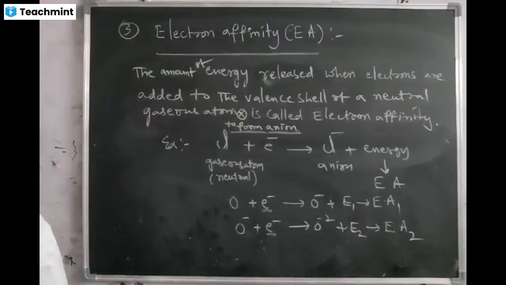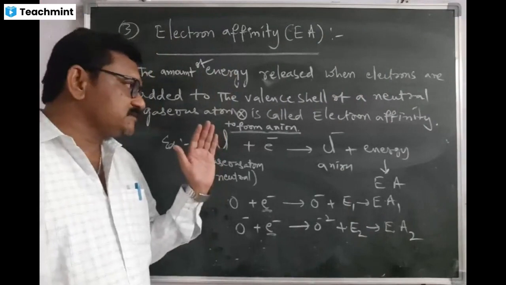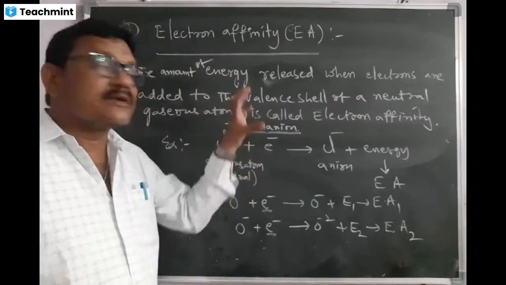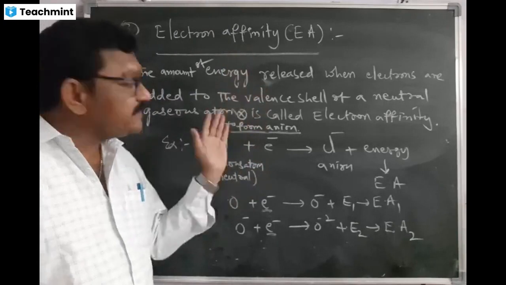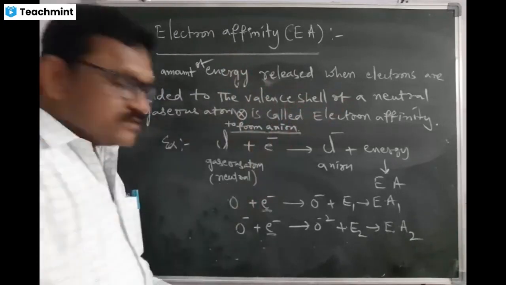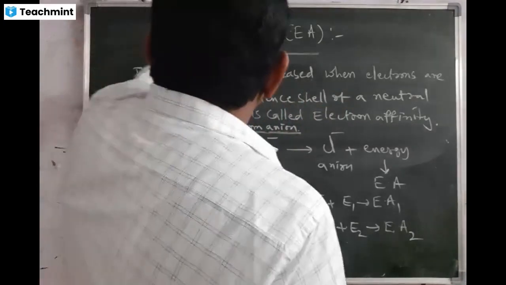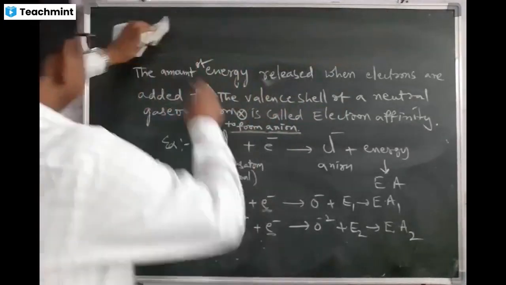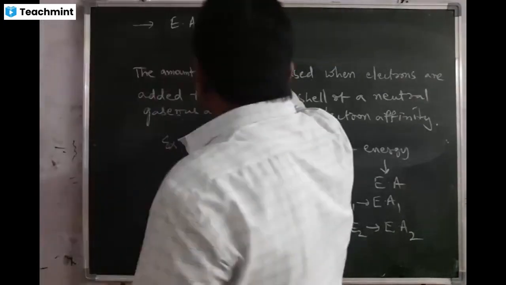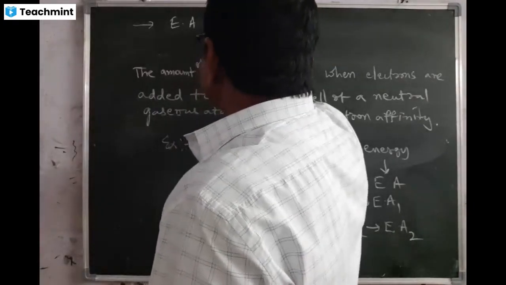Completed. Then, after studying the definition of electron affinity, we will study the change of electron affinity in group and period. How it changes. Write down here only. So in group, what happens? Electron affinity, EA, decreases